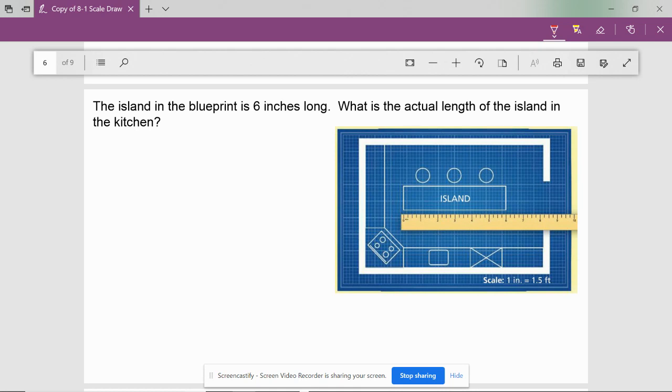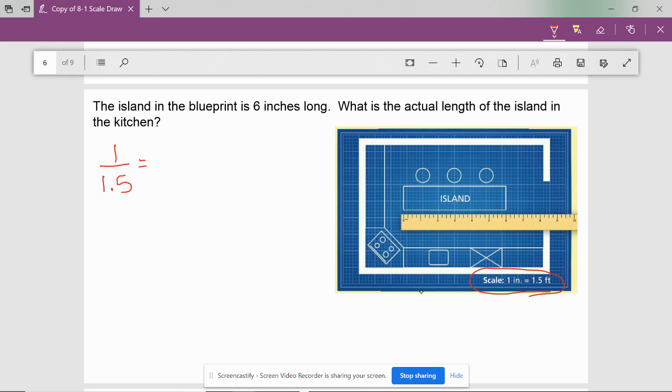And this is asking us the same thing. If we look at our scale down here, 1 inch equals 1.5 feet. The island in the blueprint is 6 inches long. What is the actual length of the island in the kitchen? If we look at our scale there, it's 1 inch over 1.5 feet. So right there is our first fraction. That's going to be in our proportion, so that's going to be equal to